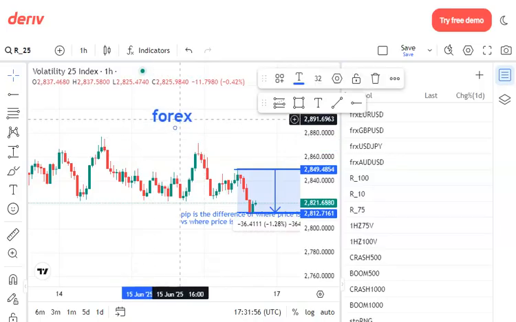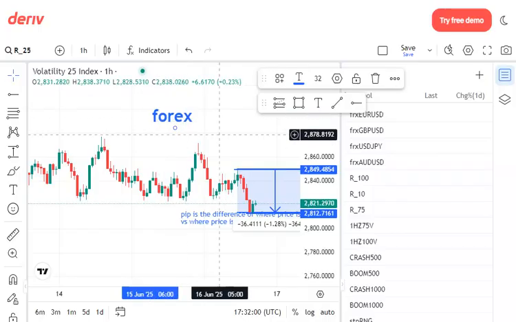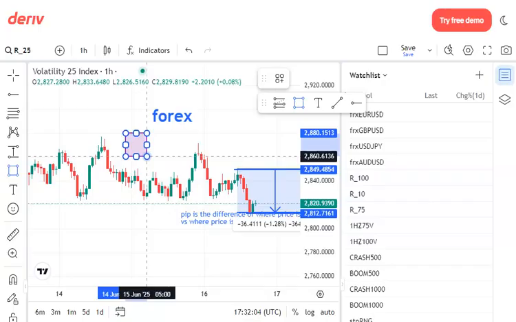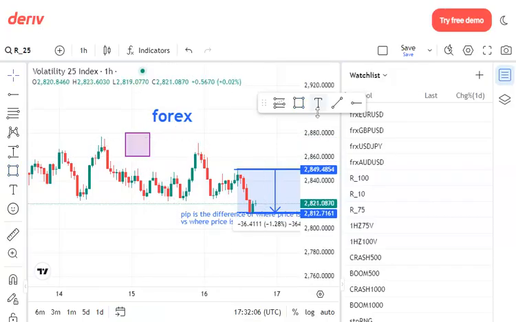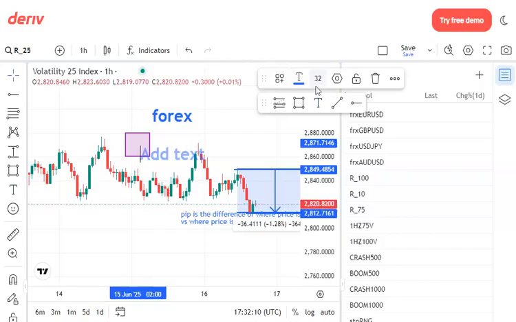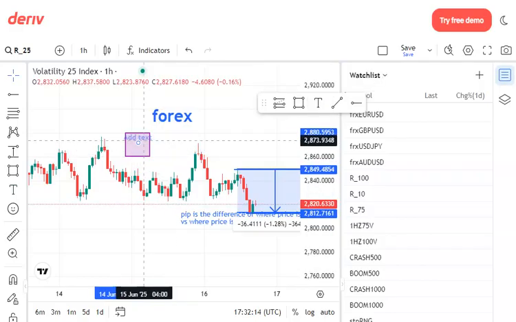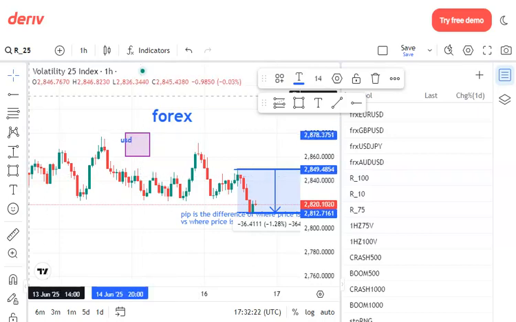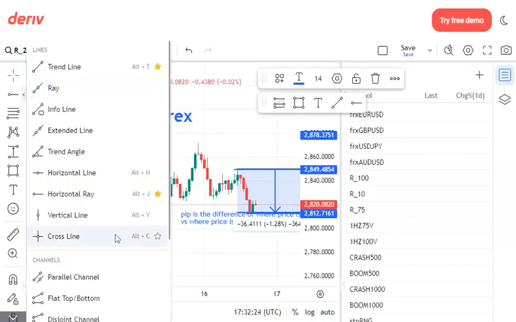Now, forex is basically the exchange of one currency to another currency. Let's say, for instance, this is US dollar. We're going to write inside of it. Say this is forex. This is what forex basically means, and that's what we're explaining here. So forex is basically USD. So if you wanted to change it, we're going to say